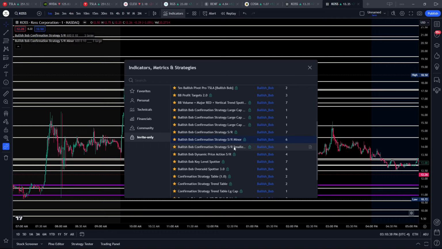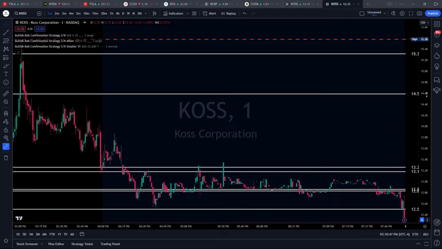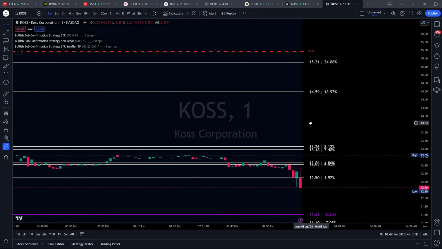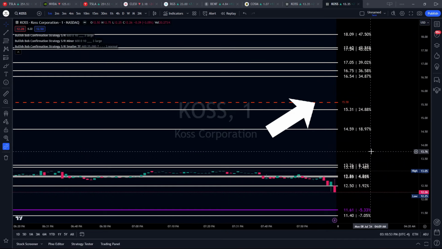Some traders prefer to only have 2. Some traders prefer to have 1. We do have them broken up, but I'll put all 3 of those on the chart. We'll start with that. Reset the chart. And now I can zoom in, and there we can see that it automatically plots the resistance levels for